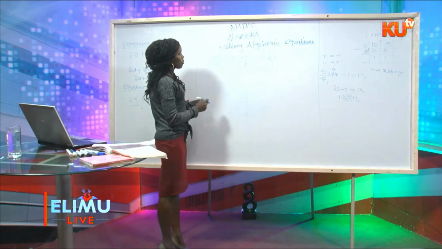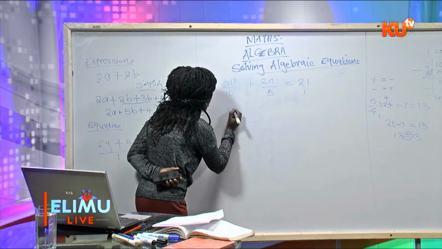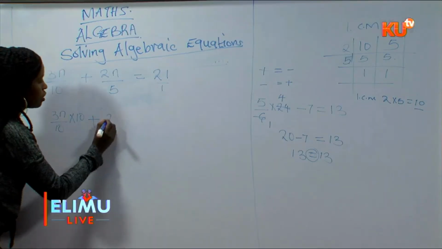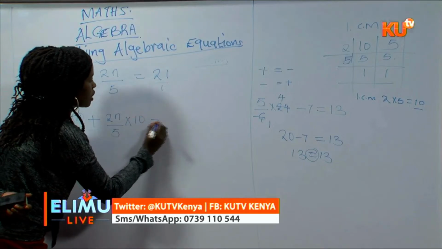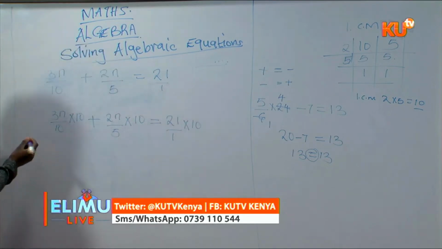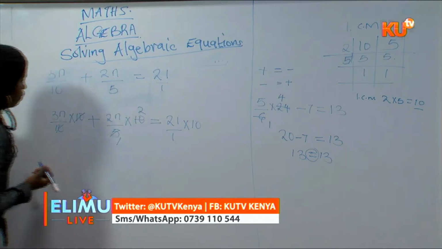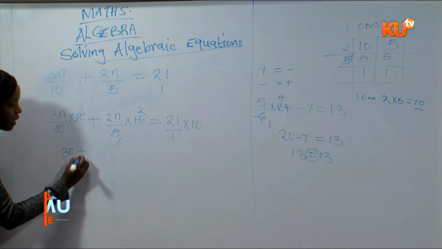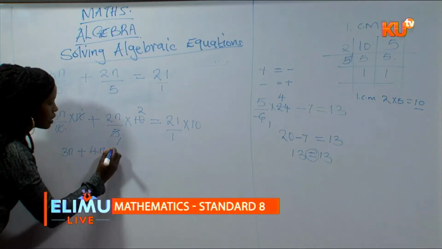When you get the LCM, you multiply each fraction by the LCM. So I get 3n over 10 times the LCM plus 2n over 5 times the LCM is equal to 21 over 1 times 10. From there we simplify by 5, 1, by 5, 2. So 3n times 1, we get 3n, plus 2n times 2, we get 4n, is equal to